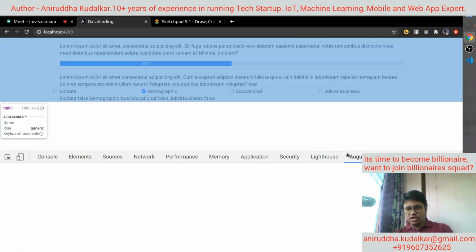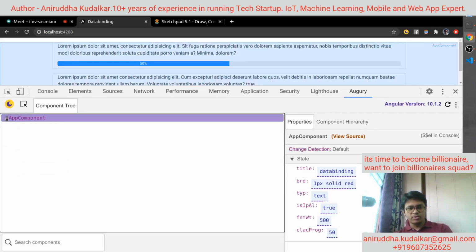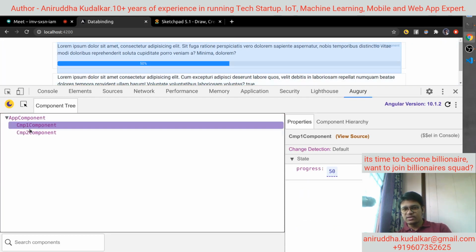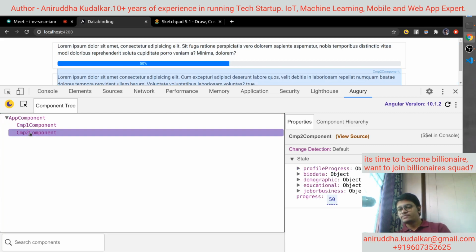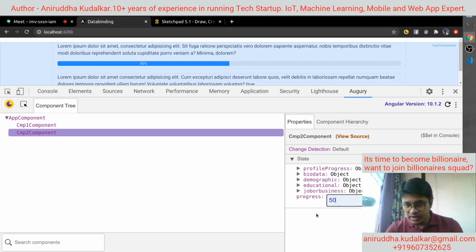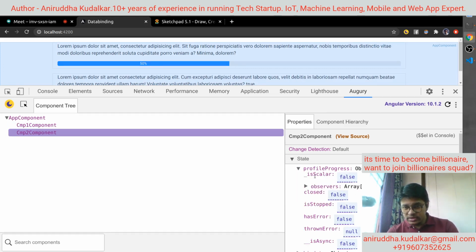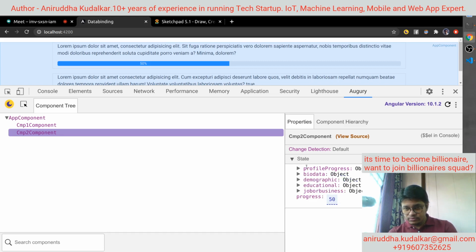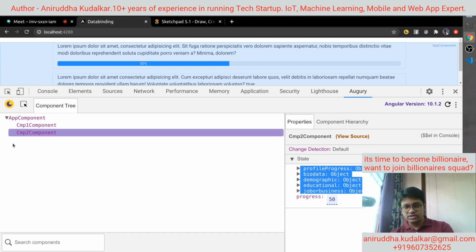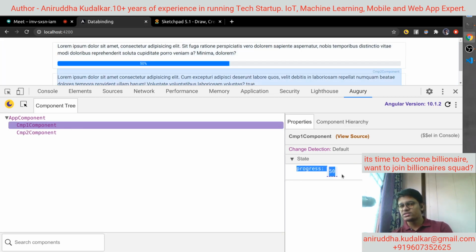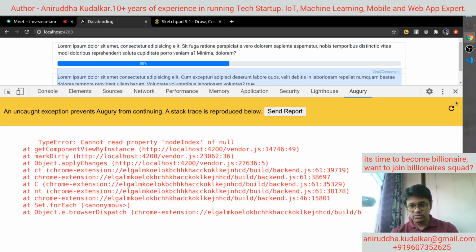inspect, and here you can see augury. Can you see? First app component would be getting loaded, and inside app component you have component 1 HTML and component 2 HTML, right? So if any event happens, can you see here progress we have, and there is an event emitter. This is a state, meaning the variables you have in your components. If you go to component 1, there is only one state called progress. If I change here from 56,